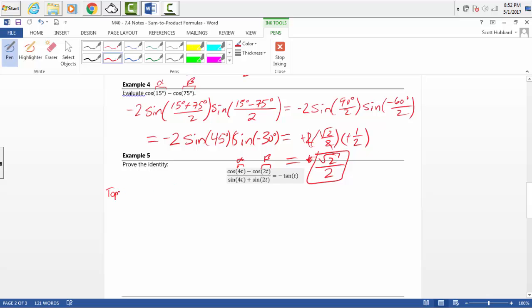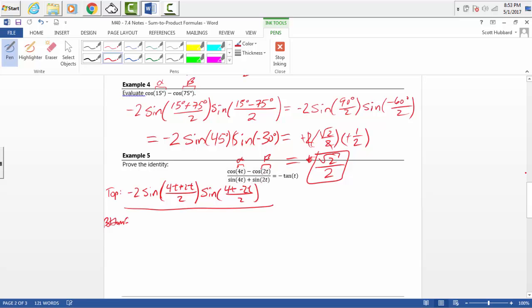So the top is going to be -2 sine of alpha plus beta, so 4t plus 2t, all over 2, and then times sine of 4t minus 2t, all over 2. Okay, so that's the top. The bottom,